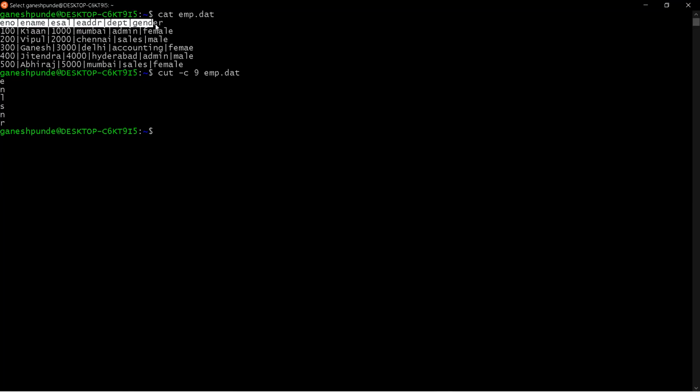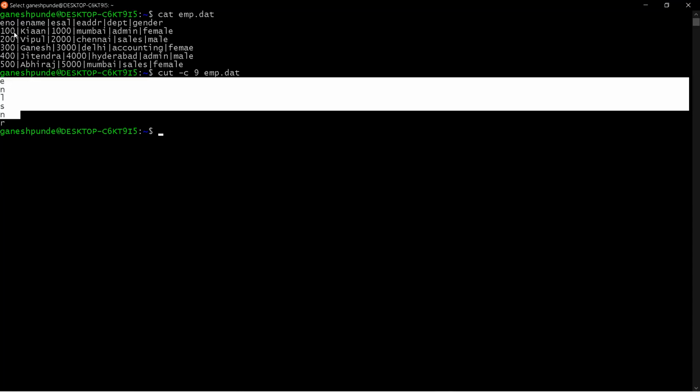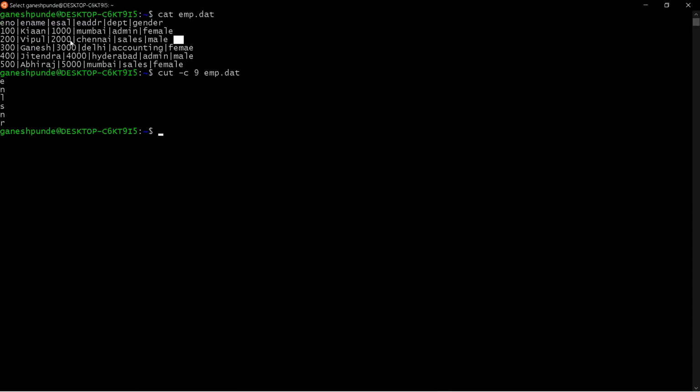Basically this is the header, so it is taking from the header as well. There is a header and there are 5 records, and from the header as well, it is cutting the ninth character and showing it.